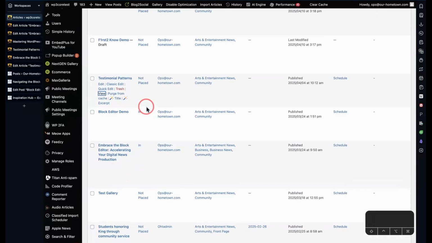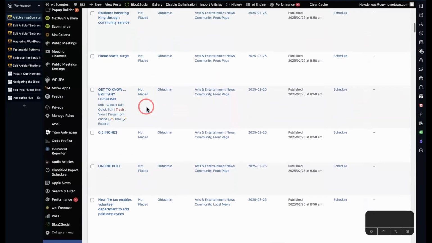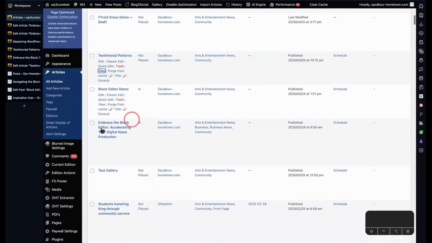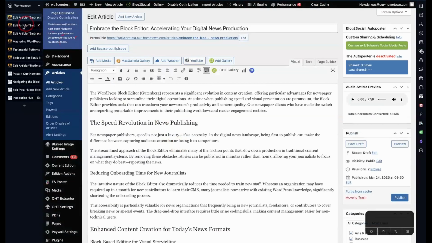we've got ours set to be the block editor as the default. But let me see where I lost it. Here it is. So embrace the block editor. Right under here, there's a classic edit here. And so if I click on that, it's going to open it up in the classic editor that we were just seeing. However, if I go back,